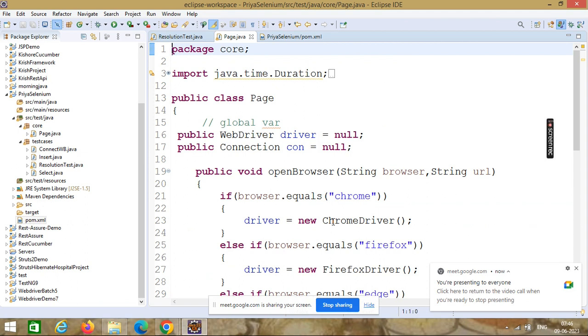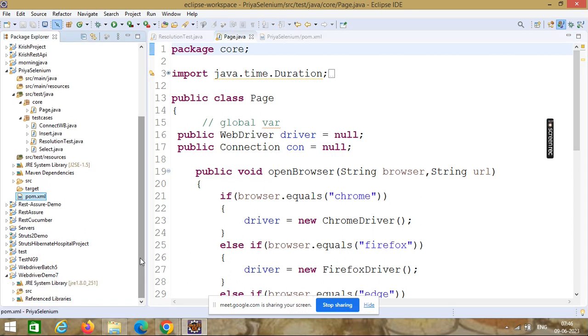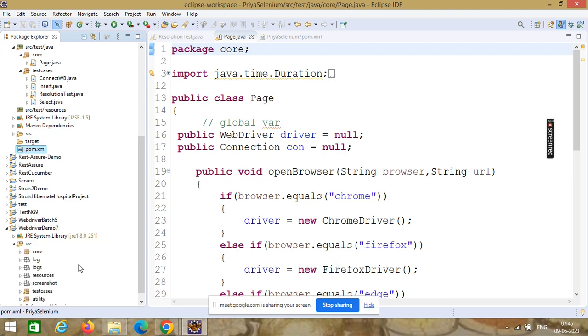So no need to download the driver separately, but in the old Selenium library, I have to use the driver information. I have to download the driver separately. That's why it is not running. I will add the driver information.